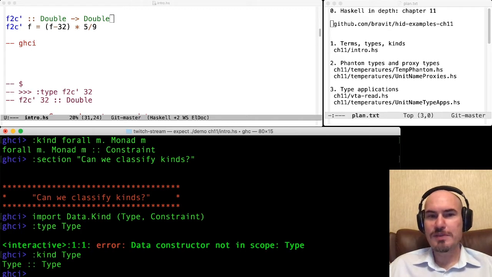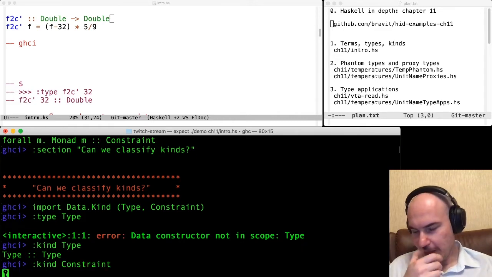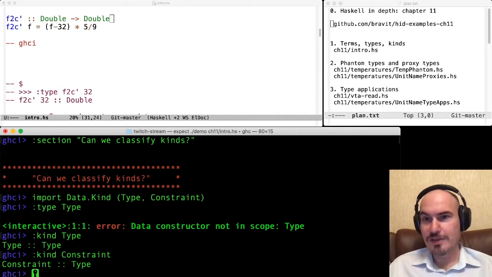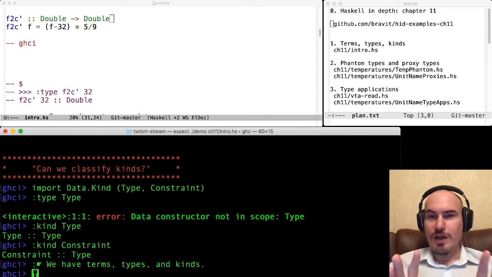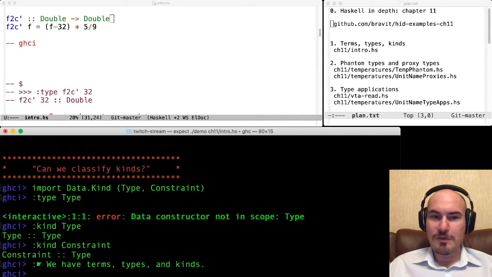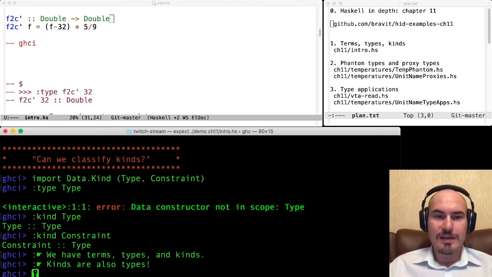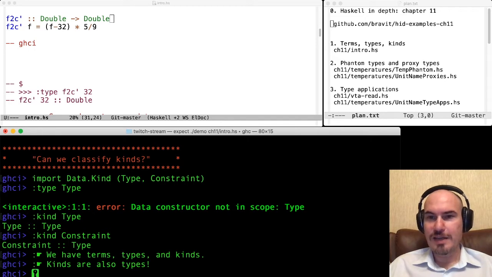So all kinds are classified, and we use the same kinds for the classification. So Type is Type. And Constraint, well, it is also Type. Okay, so now we have terms, types, we have kinds, and kinds are also types.